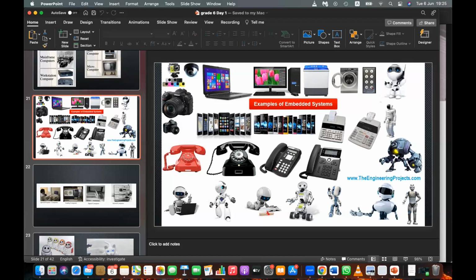All these are embedded computers, used in things like robotics, even mobile phones. So we can divide them into two categories: single board and single chip.